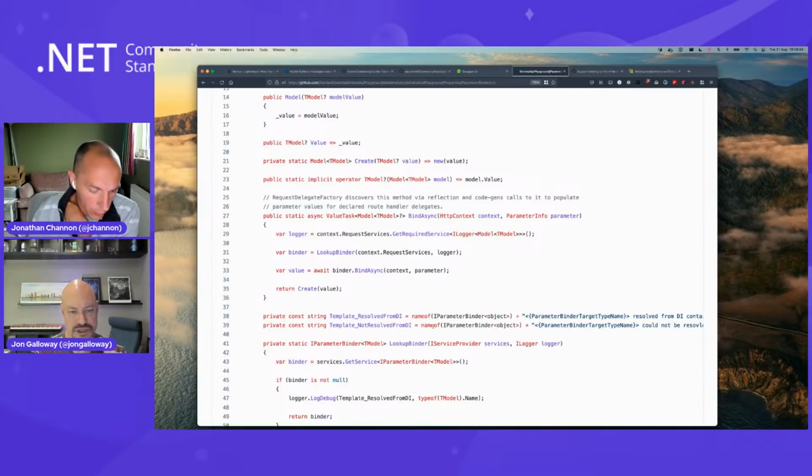So you wouldn't have to write this code. For example, if you had a person object that you were trying to bind in your API, and you had a BindAsync method on that person object with this syntax with these arguments, you then have complete control of how you return your person.